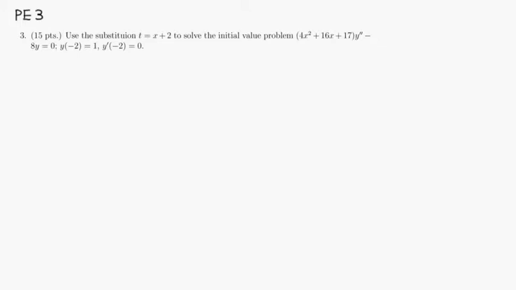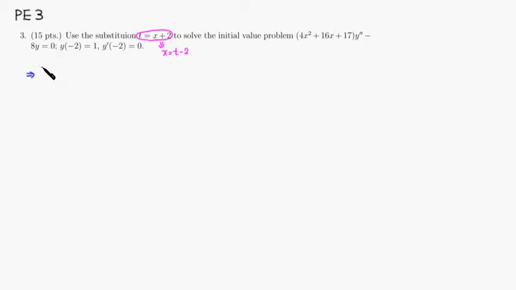Okay, let's look at practice exam 3, problem number 3. Alright, so we're going to use this substitution to first rewrite this differential equation. So let's do that. Here I'm going to just solve for x so that it's easier to plug in. So you have x is equal to t minus 2. Alright, so this differential equation becomes,